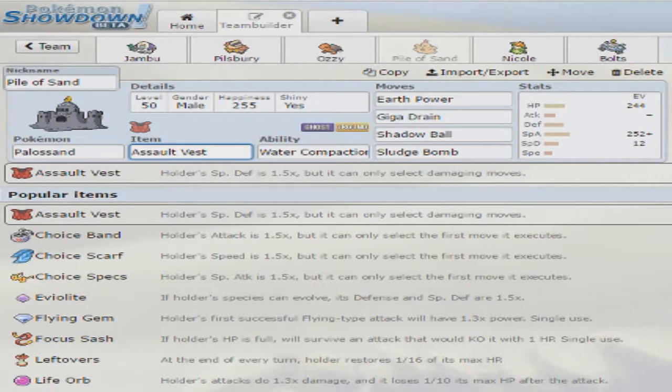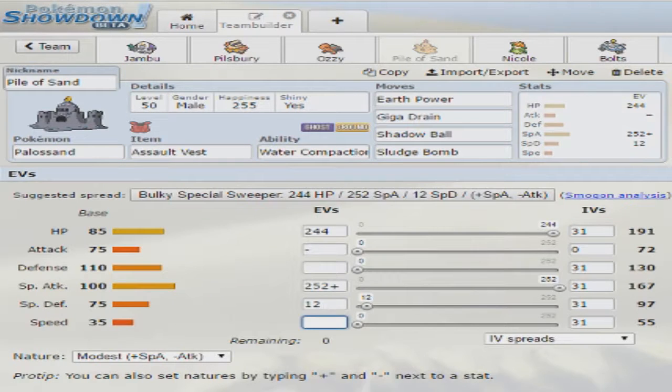Maybe we work some things around, take some defensive hits better, but I think this is the best I can really do right now. I just noticed something. This is not the right EVs. We need a Trick Room, Pylosand, please. So, as you can see, 244 in HP, 252 in Special Attack, 12 in Special Defense, just because we want